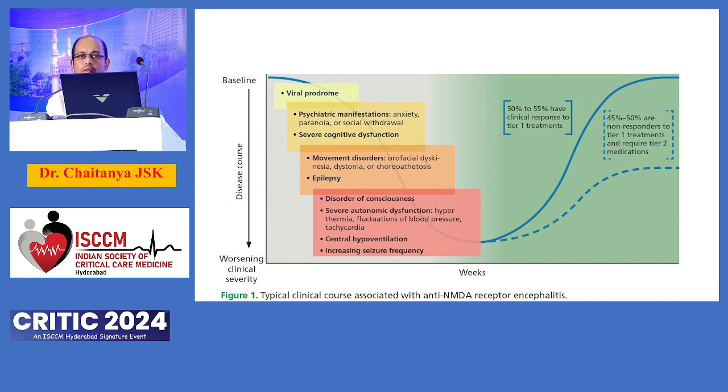Anti-NMDA receptor antibody disease usually follows a viral prodrome. It usually has an acute or subacute presentation. Initially, they come with some psychiatric illness, but then they start developing movement disorders. As the course progresses, patients develop unconsciousness or severe autonomic dysfunction. That's when they land in the ICU. When you are able to diagnose it early, at least 50 to 55% of them can have a very good response to their first treatment, and many of them tend to relapse. Most of these patients are young females, and we should also screen them for ovarian teratomas, which have a very high correlation with the diagnosis.